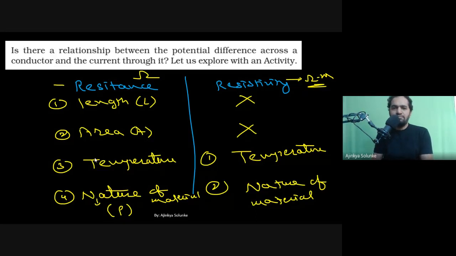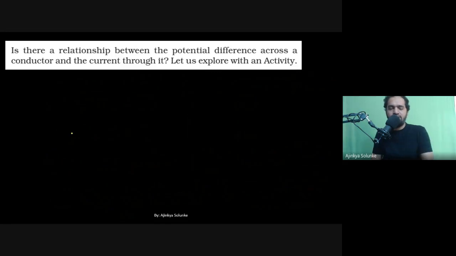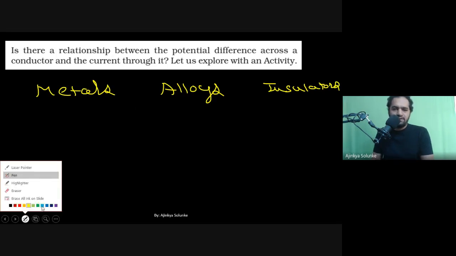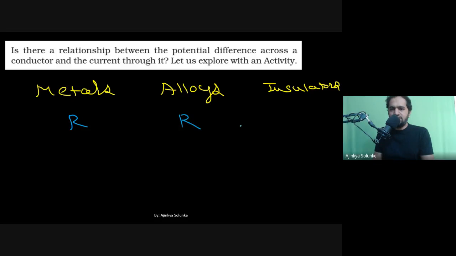Okay, now a simple question which I want to ask you, a simple question. These are metals, okay? Then we are talking about alloys, okay? And the last point we are going to discuss is let's say insulators. This is the last question of the day, and we'll stop our period now because you have more periods after this. Let me know who has high resistance out of this: metals, alloys, and insulators. See, alloys are created from metals, and hence alloys have, suppose let's say they are impure forms of metals, you can say. So if I'm writing down resistance, resistance, resistance, can I say